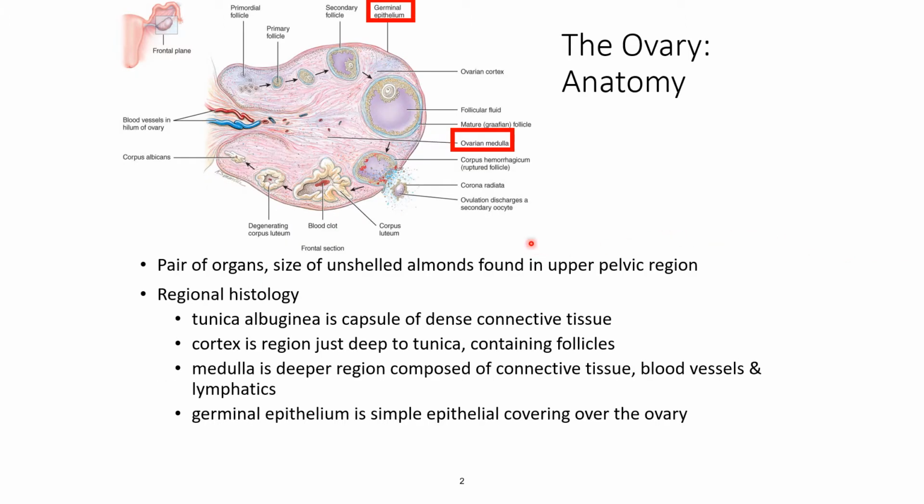This is the gonad, the ovary. This is how we started out our exploration in the lab as well. And in general, there is the epithelium that covers this. This is a simple cuboidal epithelium,